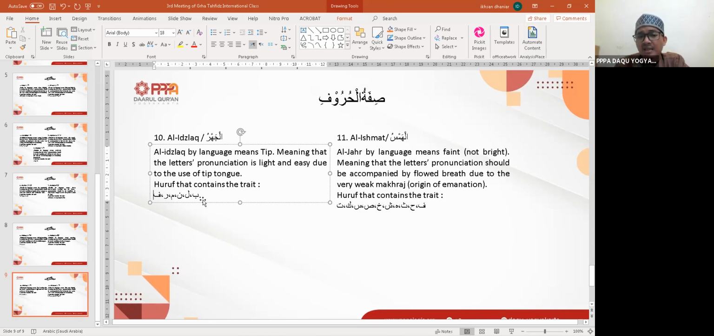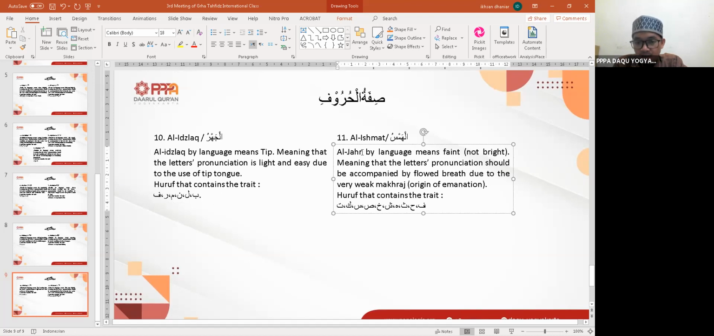So they conclude that these six huruf are the easiest to pronounce because you don't have to make a position of your throat or your tongue or any other parts of your mouth. Okay, and the opposite of it is al-ismat, which means